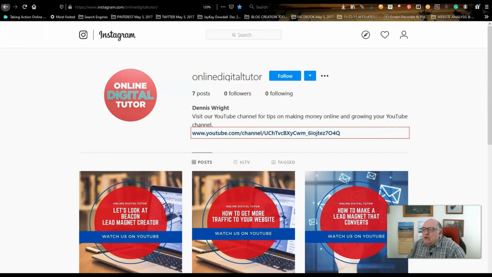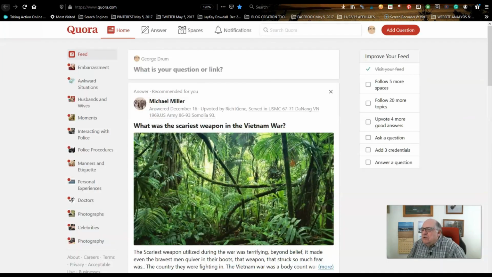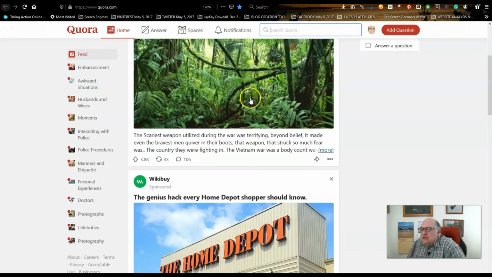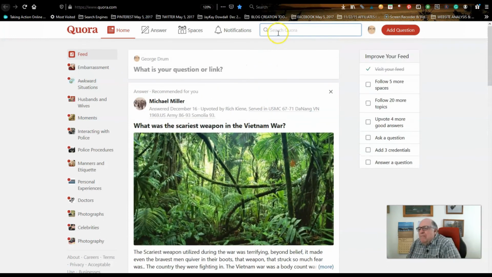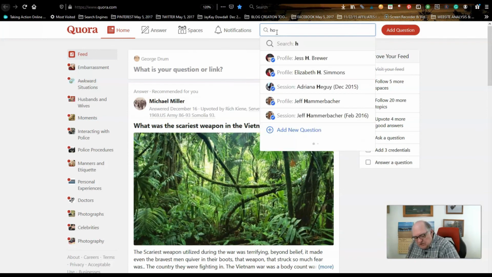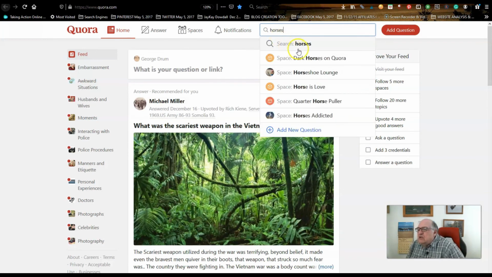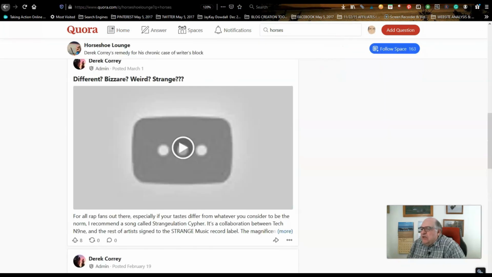That's number two. The third way is we're going to look at places like Quora. Now, Quora is a very large, vastly used resource right now, and you can put in any number of subjects, and Quora has it covered. You just find out what it is you want to find out about. Let's say horses. I'm going to just stick with horses. There's horses, horse lounge, horses addicted. The thing is, you can find